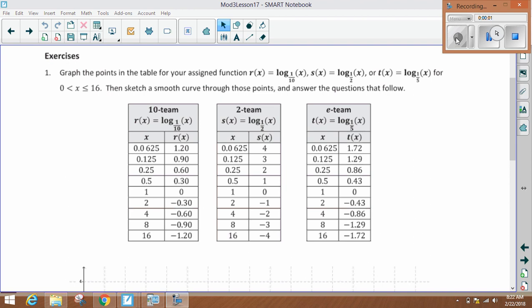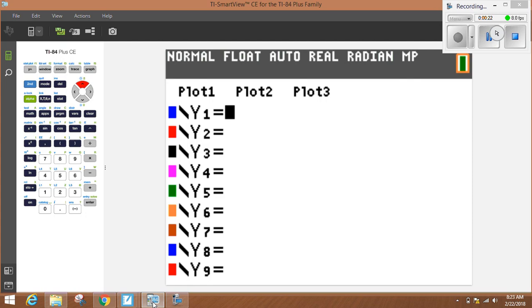and graph these. They're weird, right? Log base 1/10 of x. That's strange, right? So you would say, 1/10 to what power is whatever x is? Kind of interesting way to look at it, but rather than graphing these by hand, I prefer to let the